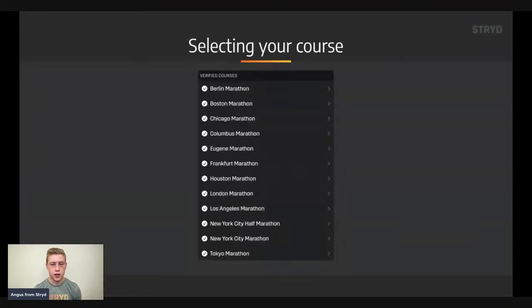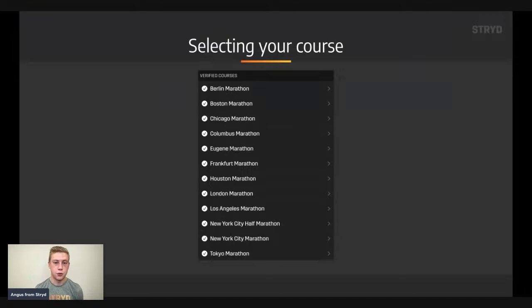The next great feature of the race power calculator is your ability to select a race course. We have a lot of verified race courses in the Stryd mobile app, and on the PowerCenter you can select, and you can also add your own course. So for example, if you're not running in these races, you're running local races, and you want to input